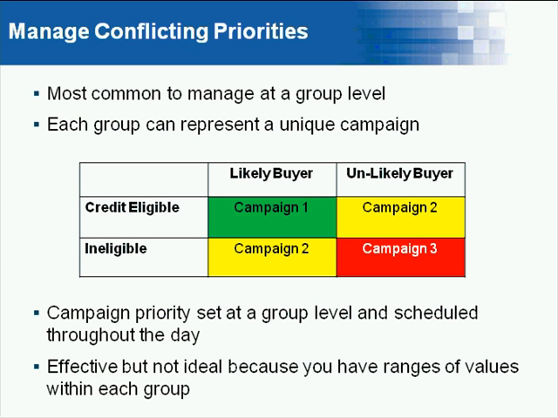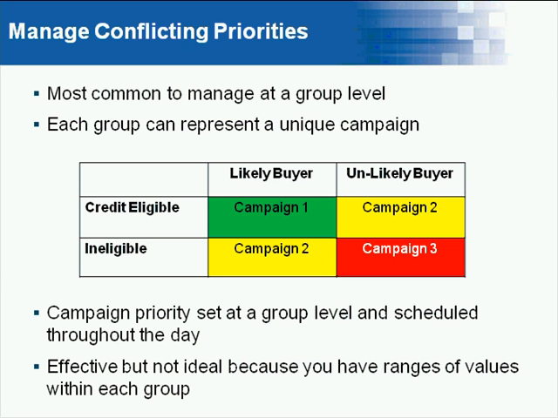So in this simple matrix, a product is being sold which can be financed, so you have businesses that may buy or may not, and you have eligibility for credit or not. And the real conflict here, when I talk about conflicting priorities, is that prospects most likely to buy the product are not necessarily most likely to be credit eligible. And so that creates a challenge in how you're going to structure and prioritize the campaign.